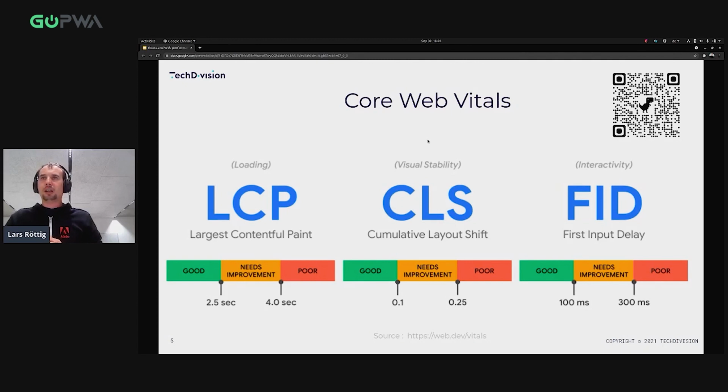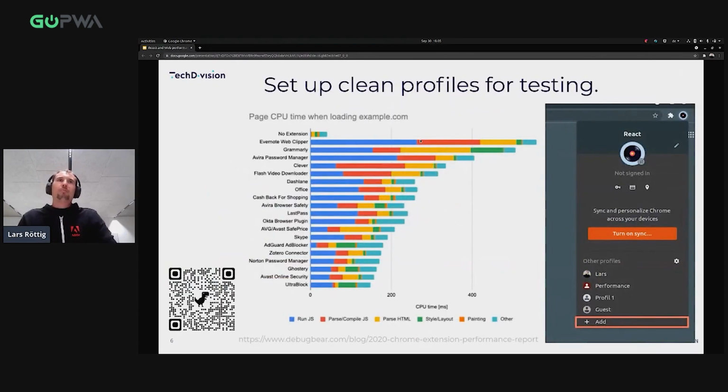Also, I have on most of my slides some QR codes and reference sources if you want to go deeper into the topic, because I have only half an hour here, and this is a really huge topic. I tried to collect every resource that is foundational for this talk with QR codes or with references like sources. So let's take a step further.